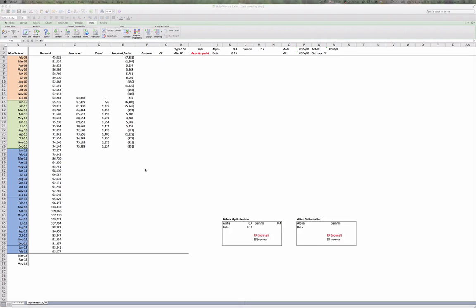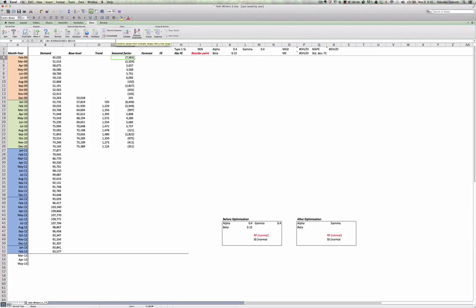years worth of data. And recall that we need at least 2 years because the first year we use to seed the seasonal factors. And remember, the way we do this is we take an actual demand observation and subtract from it the average demand observation over the first year worth of data. So once we have seeded the seasonal factors, we then proceed to decompose actual demand into base level, trend, and